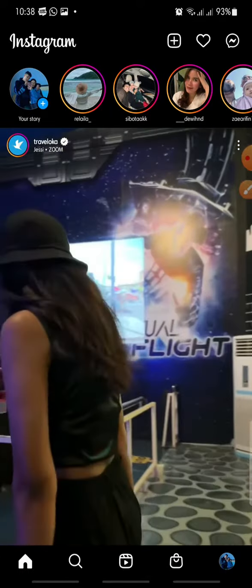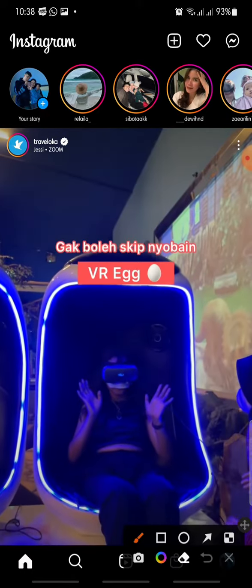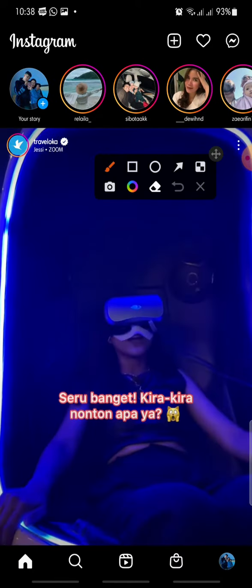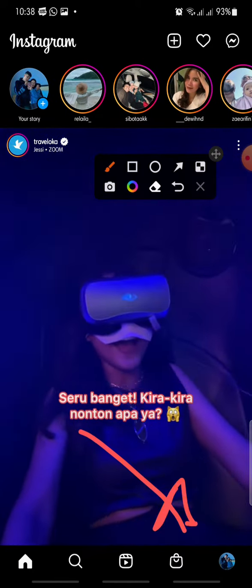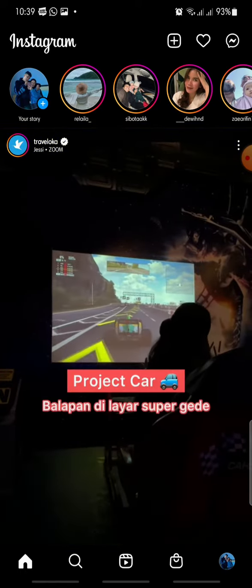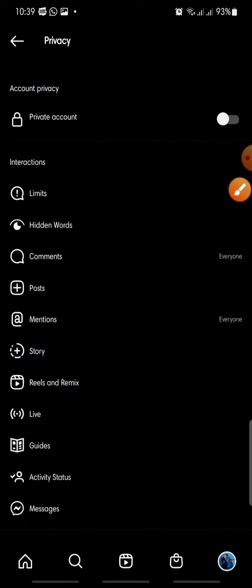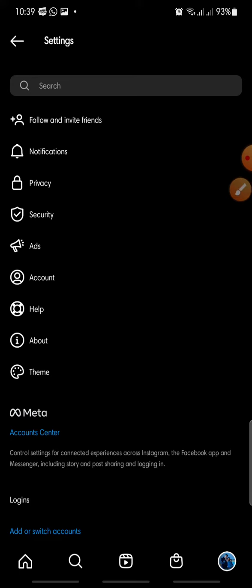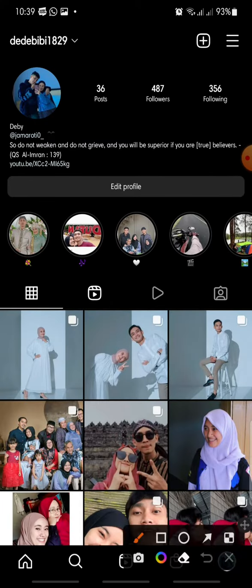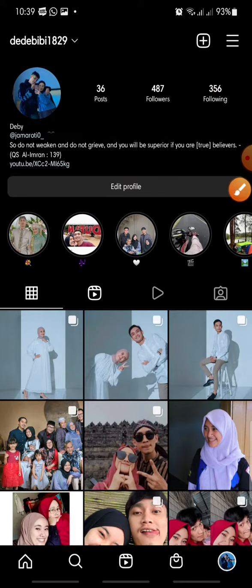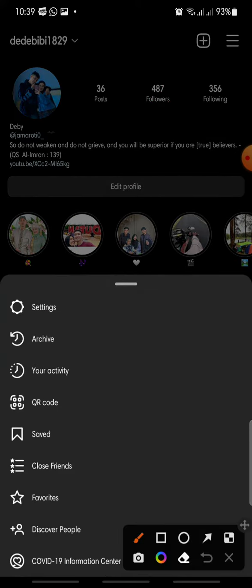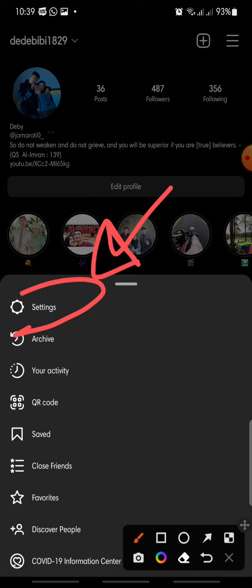Now let's get started. First, after you open your Instagram, you just click on the profile icon at the bottom. And after this, in here you just click on the three lines icon at the top, click on it, and in here you just click on Settings,